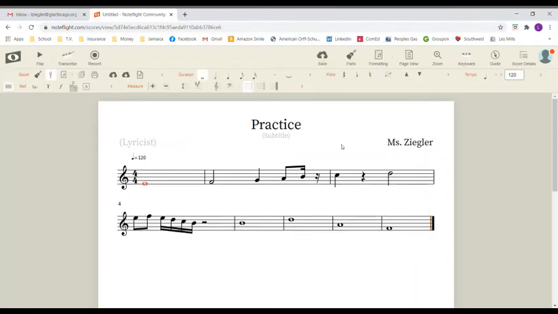That's my composition. I think it sounds pretty beautiful, so I am going to go to Score Details now